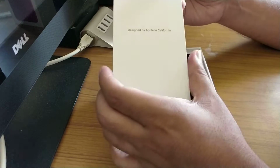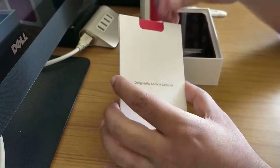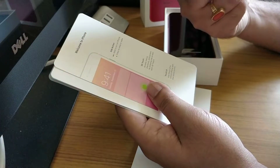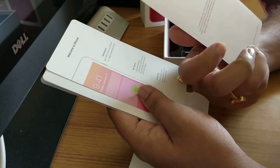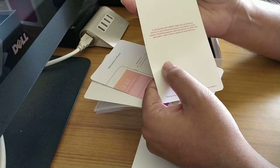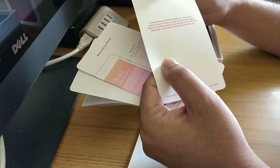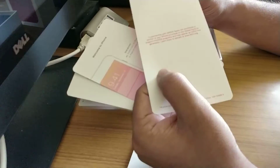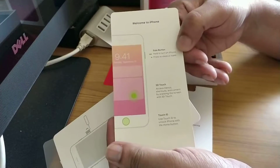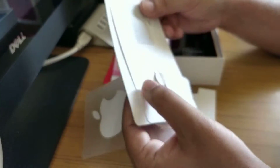At first here we get designed by Apple in California. We get some product red cards here. In partnership with Product Red, Apple will contribute a portion of your iPhone purchase to the Global Fund, which will support HIV and AIDS programs throughout the world. That's a good thing. Okay, we get, as usual, the get started card, the SIM tray opener tool,